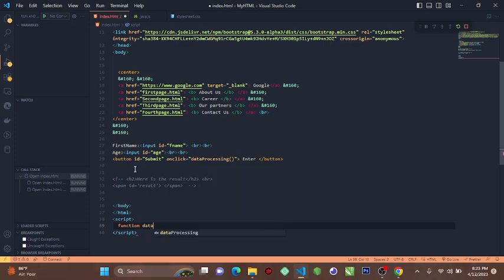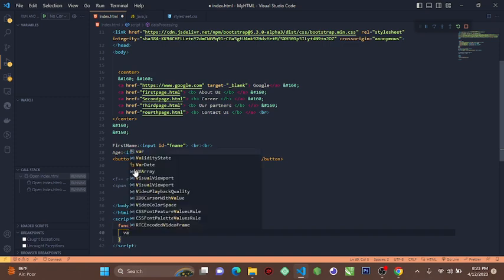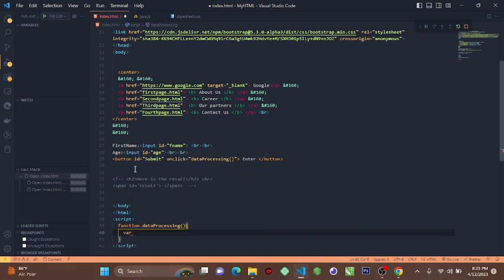The function is going to be on dataProcessing. DataProcessing with the bracket. Now let's create a general bracket, such that what do we have inside? Let's say we have var firstName. We have var firstName